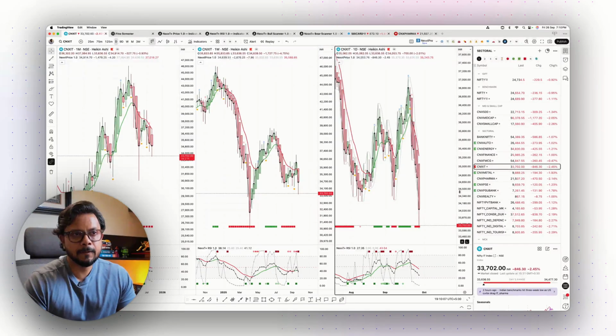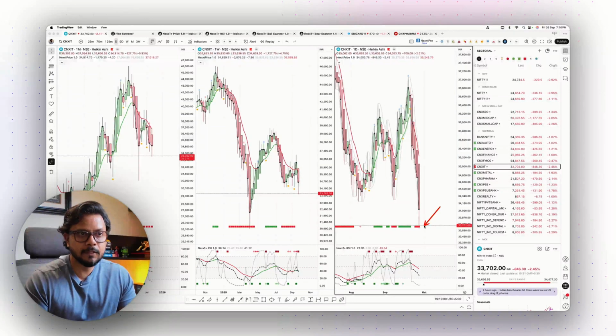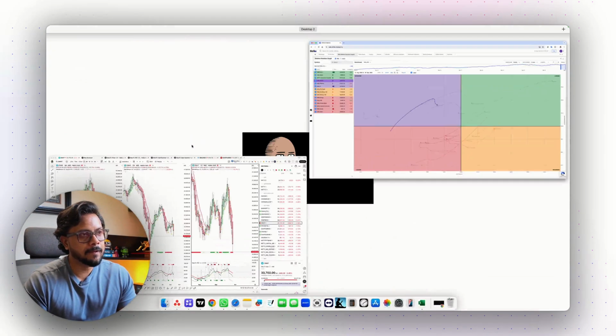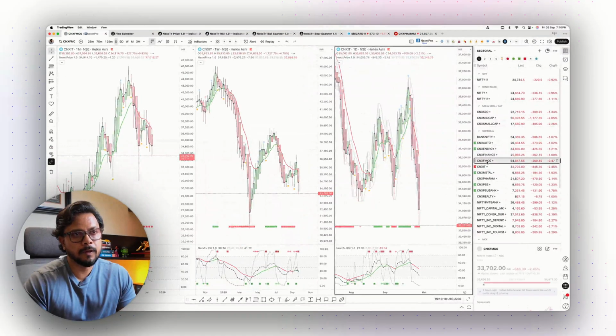I'm going to mark it red, but not right now, not at this level. It's too late to short. Any kind of a meaningful correction, one can look for shorting opportunities. That's IT. And then we have FMCG also in the improving quadrant. FMCG,